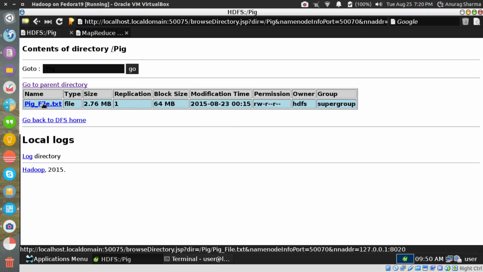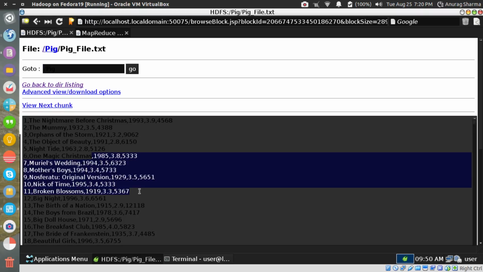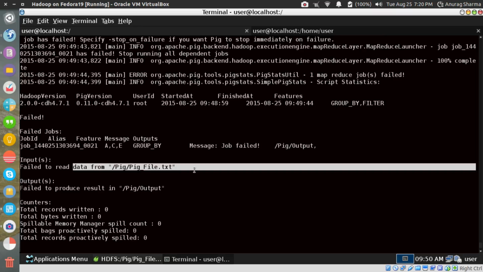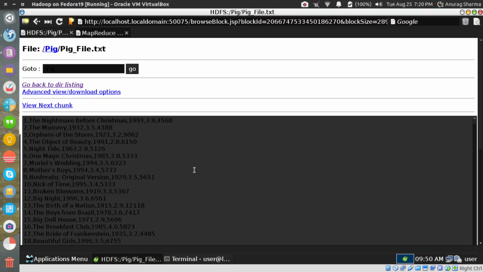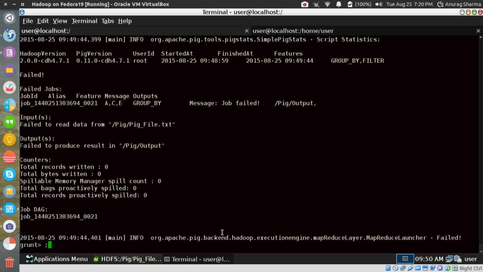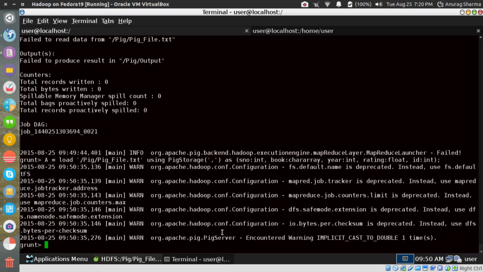Is the file readable? Yes, it is very much readable. It says failed to read data. Why?